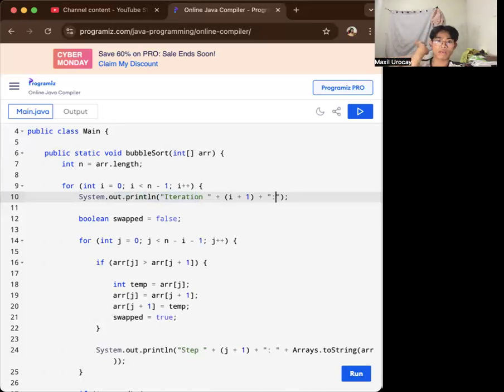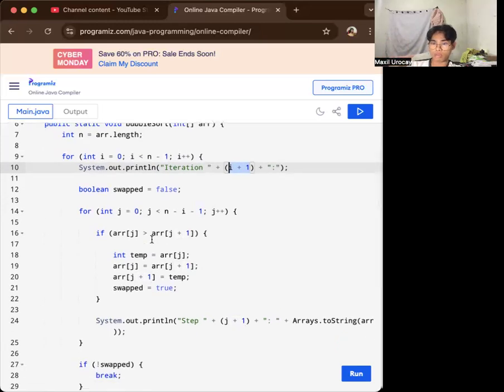So that line prints the current iteration number, starting from number 1, of course, and then increments i.